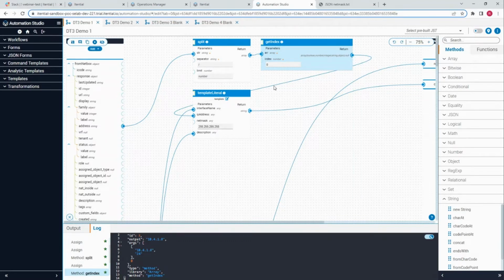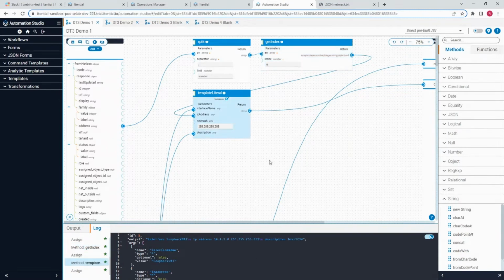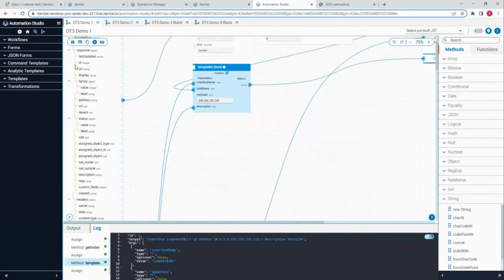So that now gets passed into this template literal. If we go into the template literal, you can see our next step is where we congregate all of that data together to finally give us the end result that we're looking for, the focus of the work here for this particular task, which is to generate those CLI commands. So what are the arguments here? We defined in the template a variable called interface name. Here's the value that comes from,